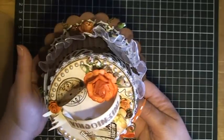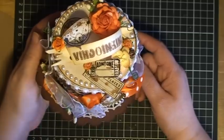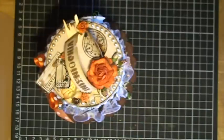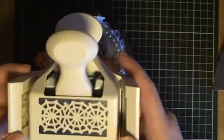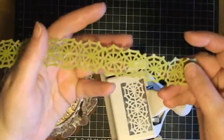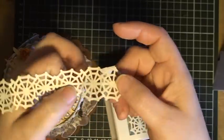When it comes to cutting these circles, I actually managed to pull it off with the regular circle dies from Spellbinders. I started off deciding that I wanted to put this spider web around this one, so I used Martha Stewart's spiderweb band punch, and I punched two borders because this one is just a little bit too big to be enough for one. And then I had this result. It's beige on the other side, and then I decided on cutting almost, as you can see, I've cut quite a bit here,